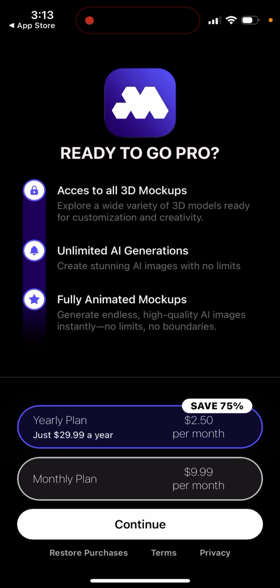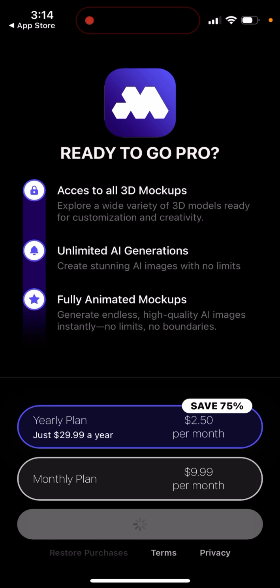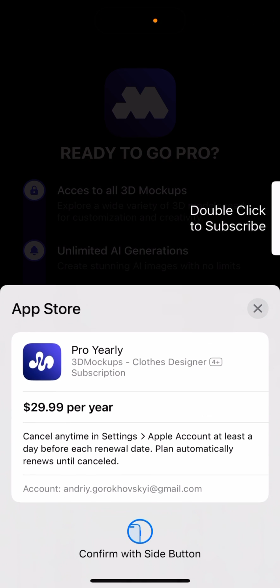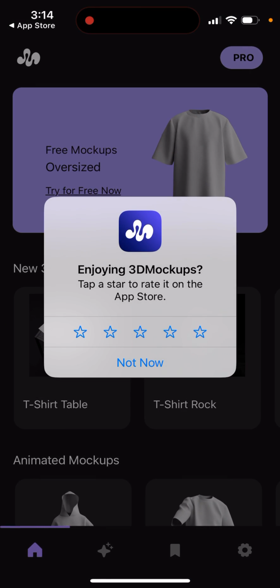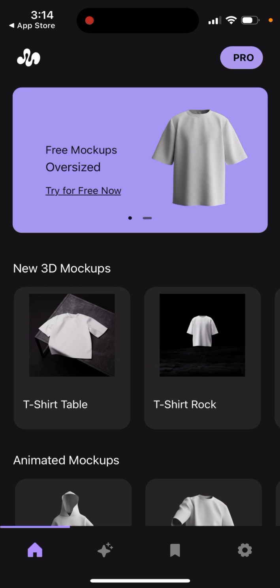And then let it go pro. You can see $30 per year, monthly plan $10 per month. Then you can just continue. There is an offer, 80% offer, but then still you can kind of use it for free. So you can then just try to